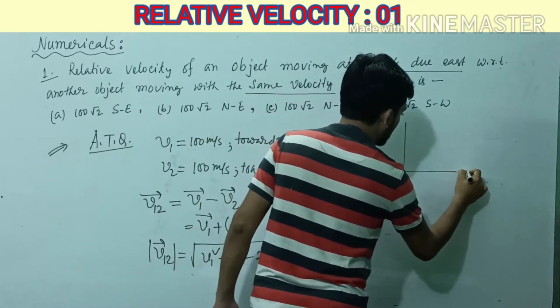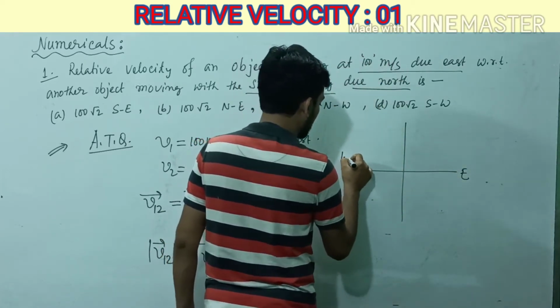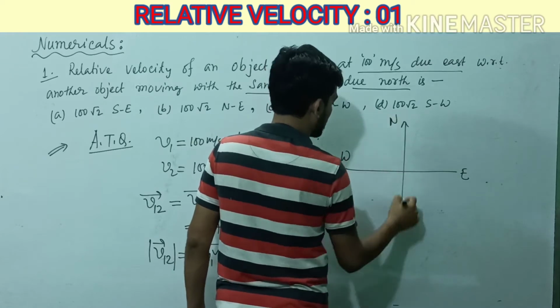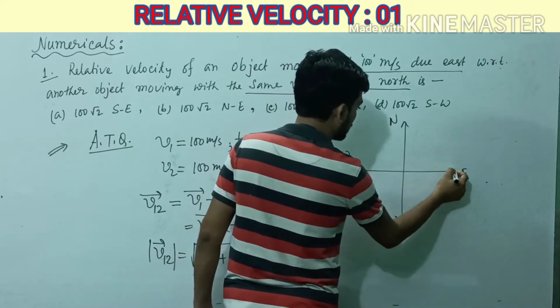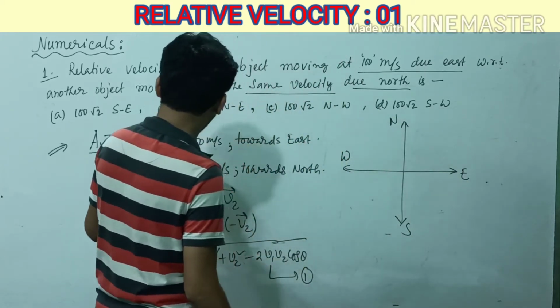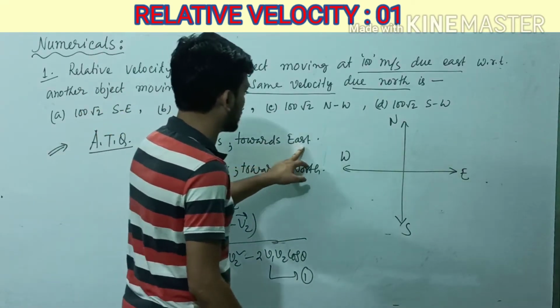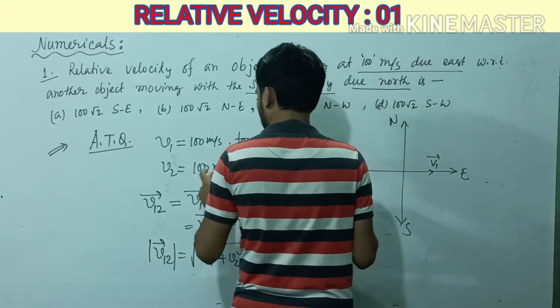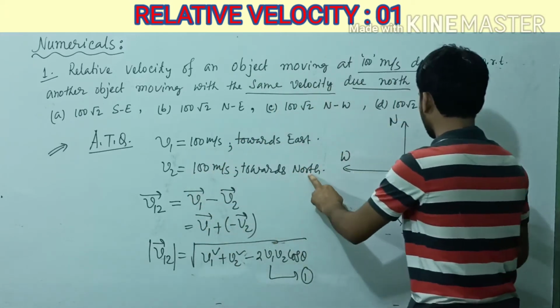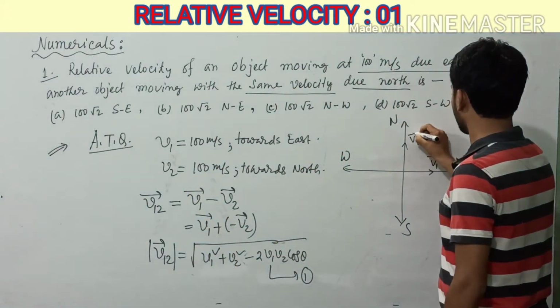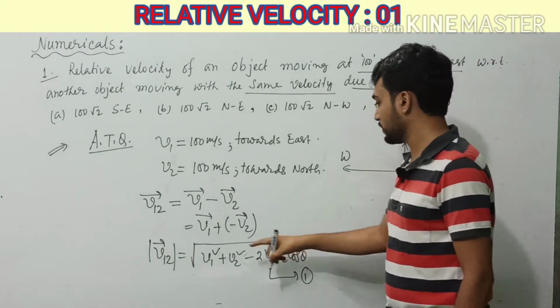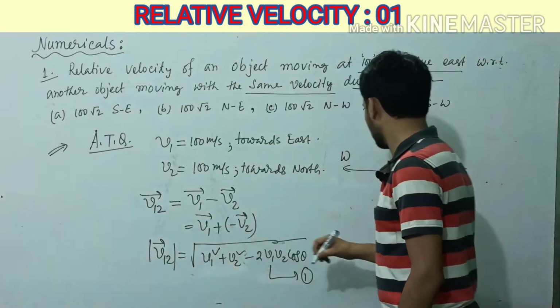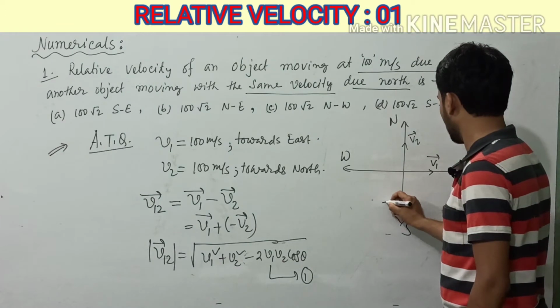Now we consider this side as east, this side as west, this side is north, this one is south. What was the direction of motion of the first object? Towards east. This is the direction of motion V1, and the direction of motion of the second object is towards north. Say this is V2, and here we need to find the angle between V1 and minus V2. So what is minus V2? This one will be minus V2,